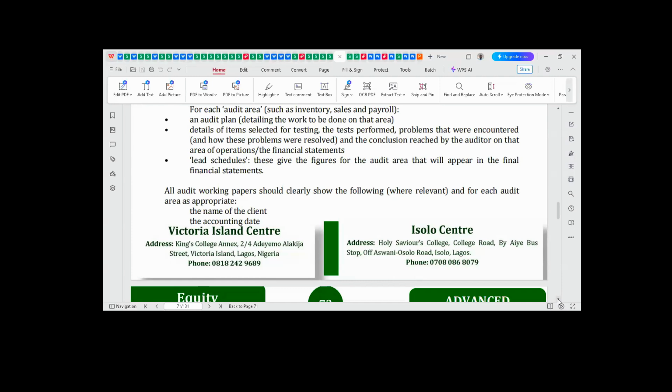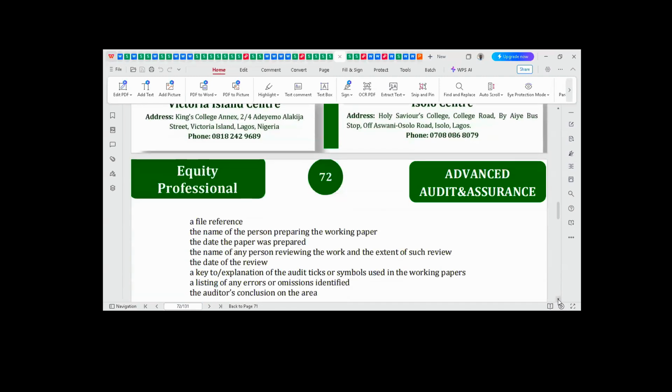ABC Limited, accounting period, for the year ended 31st December 2024 or as at 31st December 2024 will be stated there so that you know the year that is under review. Then a file reference. Every audit documentation has a unique file reference for easy traceability even after the audit has been completed. So when you want to call up any information on that audit documentation, it will be easy because that file reference is unique to that particular